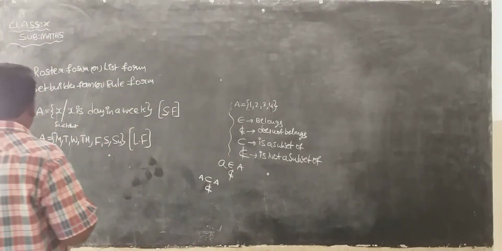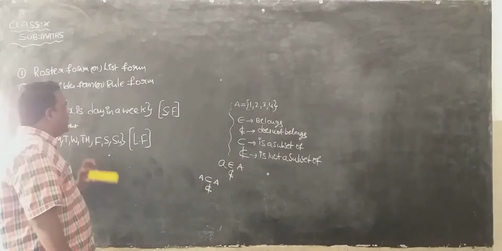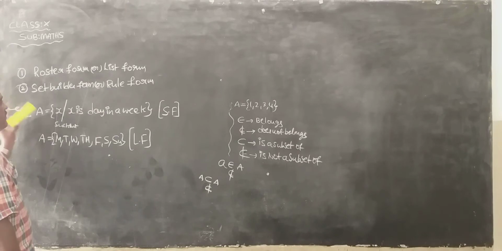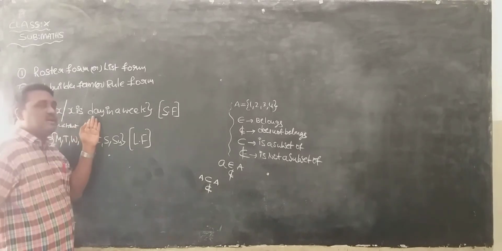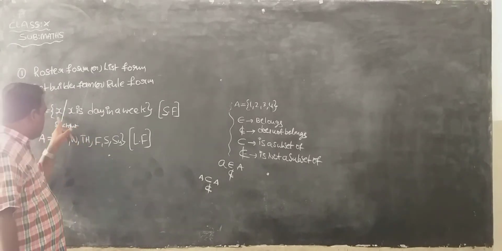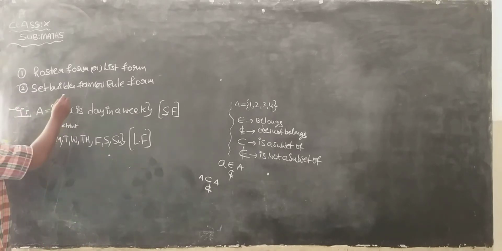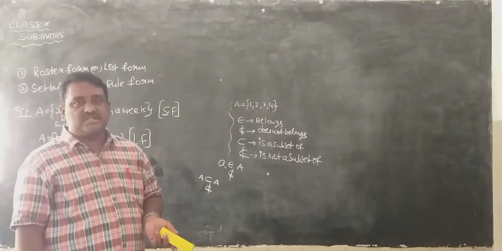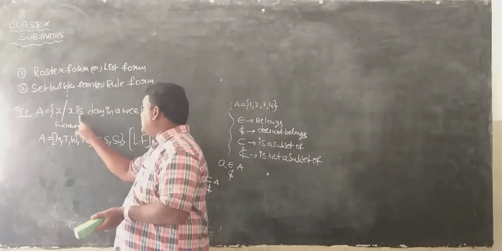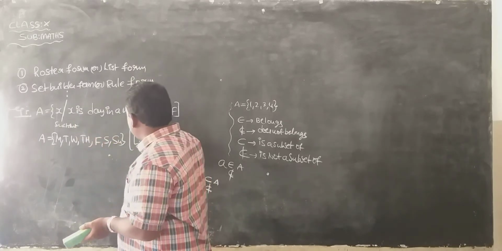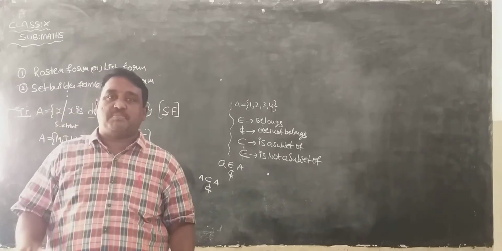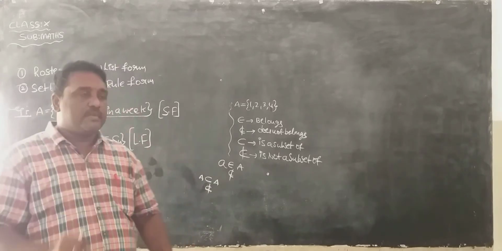So we can write sets in two ways. Number one, roster form or list form. Number two, set builder form or rule form. This is the example for set builder form. This symbol is known as "such that", and instead of that one, we can write this symbol also. It is a colon, read that one also as "such that". X such that X is a day in a week. What is the rule? Day in a week. There is a rule, so it is known as set builder form or rule form.